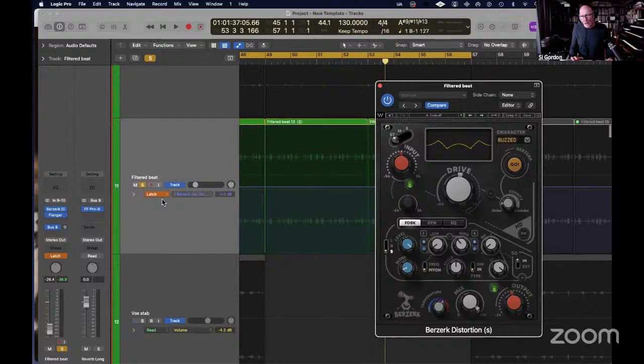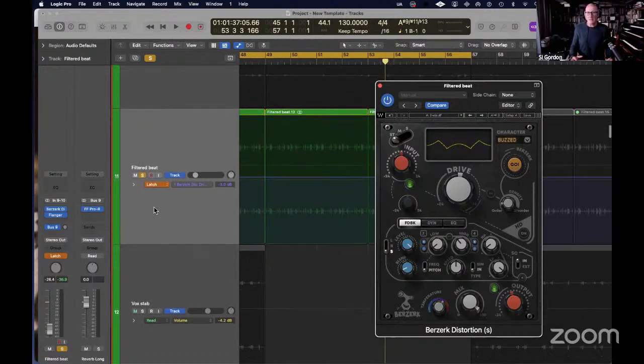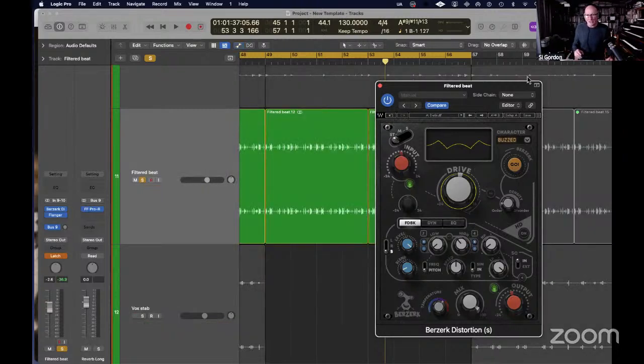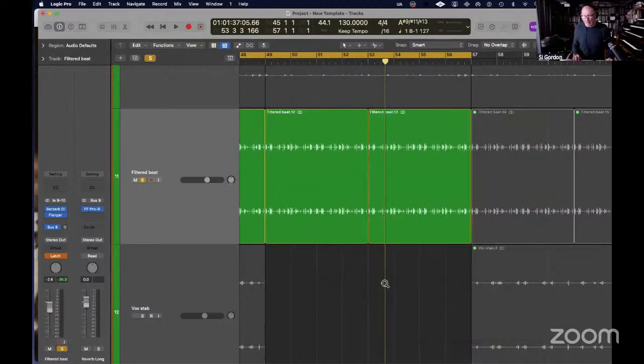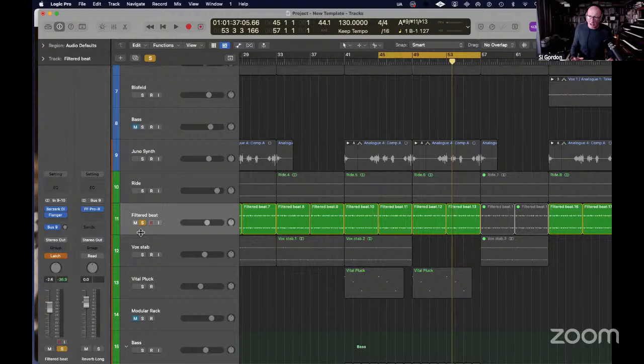You must always remember that once you've done a parameter change, you've maybe recorded the drive function moving up and down, or adding more drive and punch, distorting this drum beat, for example, at some point in my song. I must then remember to put this back into read mode. If I don't do that, you could probably figure out by now that if we left our tracks in latch mode and we maybe turned the automation view off and we close the plugin to go back to editing and production,